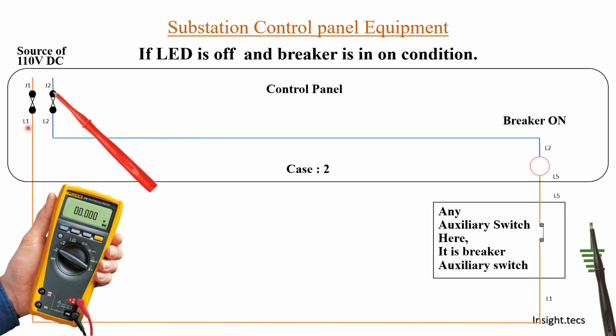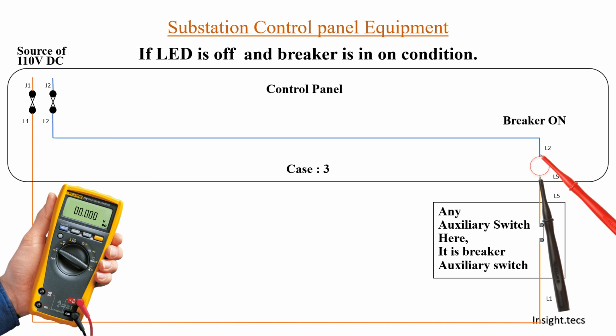Okay, so what you will do, you will measure your DC from the source, from J2 itself. Also, when you measure from J2, you are getting minus 55 volts. That means the source is alright. There is no issue with that. But the fuse has failed. You measured over here, you are getting minus 55. You measured on the other end of the LED, you are not getting any voltage. So what you have to do is replace this fuse. There is an issue in the fuse, and once you replace the fuse, your LED will start glowing.